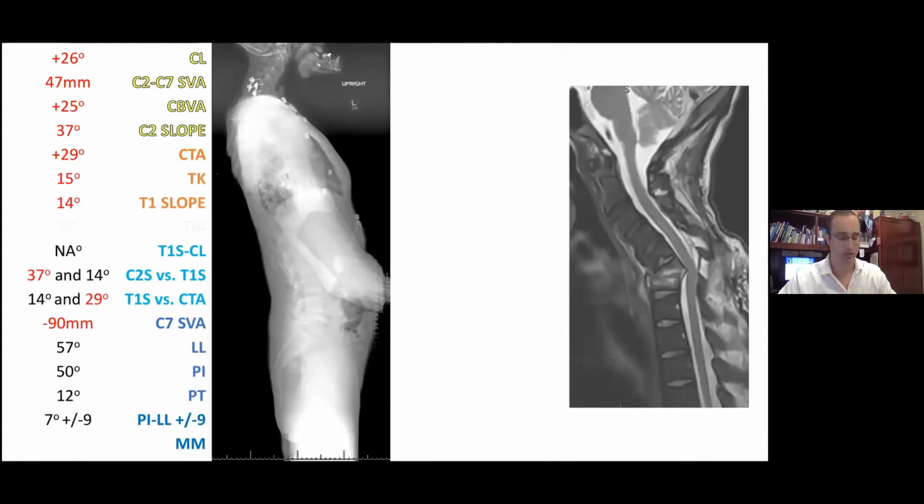This is a younger gentleman. He is 37 and he had a neck injury a few years ago. So that's why you see some old hardware here. It's at cervical 5 and 6, I believe. He had a spine infection and came with a kyphotic deformity and severe intractable pain. This is his MR